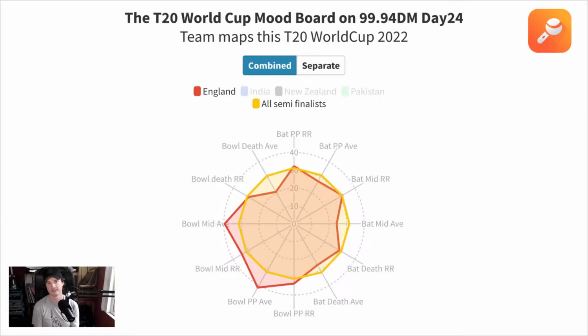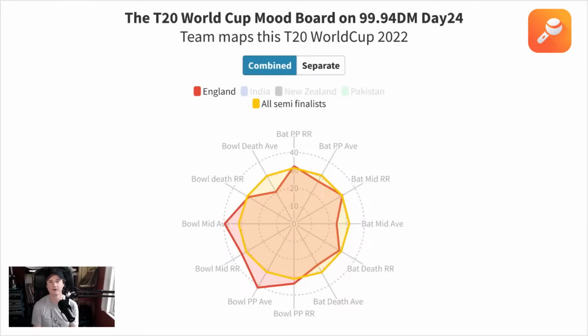That's for an England team, especially considering the Kookaburra balls have been reinforced, a really, really bad bowling average in the power play. And it doesn't help that probably the two bowlers they wanted to use in the power play would be Reece Topley and Jofra Archer, and neither of them are here. Reece Topley's been available for them at times this year. Jofra obviously hasn't. But regardless of that, that number doesn't really make sense.